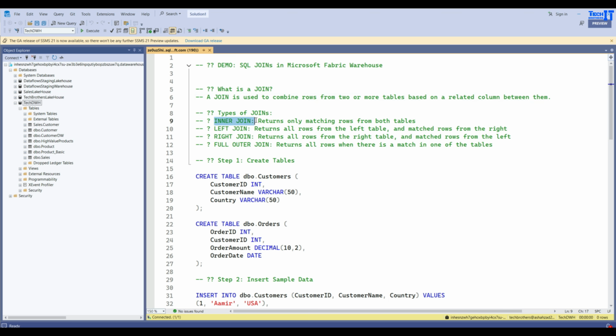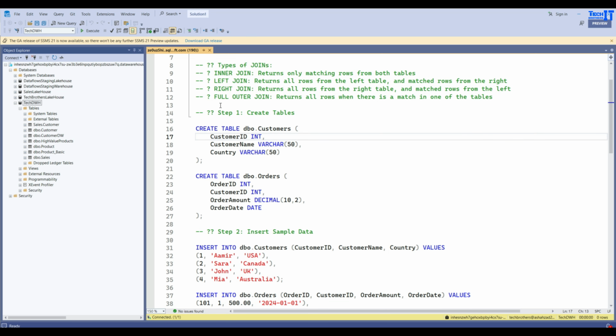We have inner join that returns only matching rows from both tables. Then we have left join that returns all the rows from the left table and matching rows from the right table. And then you have right join that returns all the rows from the right table and matching rows from the left table. And then you have a full outer join that returns all rows when there is a match in one of the tables. So now we are going to go ahead and create the tables and perform each of the joins and see